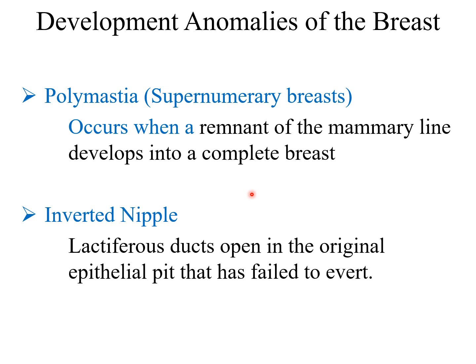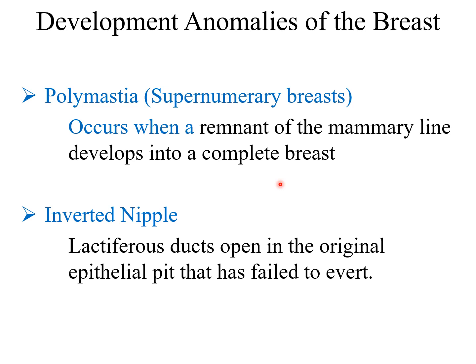Polymastia, or supernumerary breast, occurs when a remnant of the mammary line develops into a complete breast. That way, some part of the mammary line persists and then it transforms into a complete breast. The buds penetrate the mesenchyme, divide into many branches, and then canalize to form a complete breast. That is known as supernumerary breast or